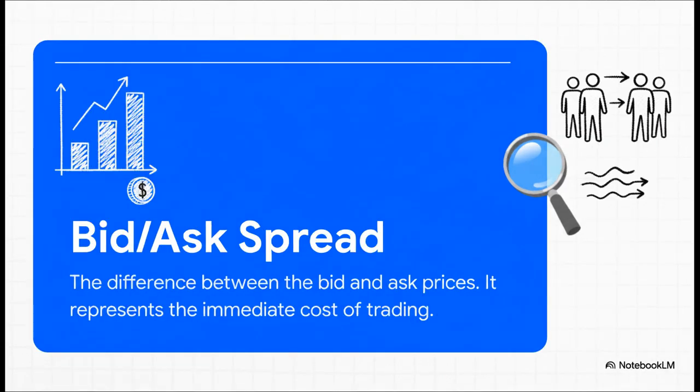So you've got the bid and you've got the ask. That little gap in between the two, that's called the spread. Think of it as a small, built-in cost for making a trade. And here's the tip: a really tight, small spread usually means the market is super liquid. Lots of buyers and sellers, making it easy to get in and out.